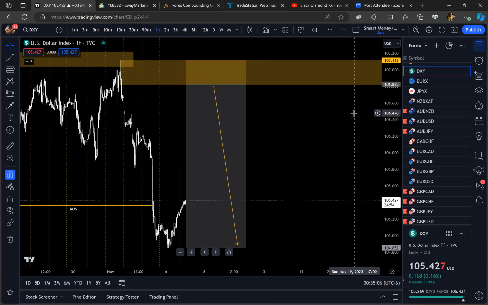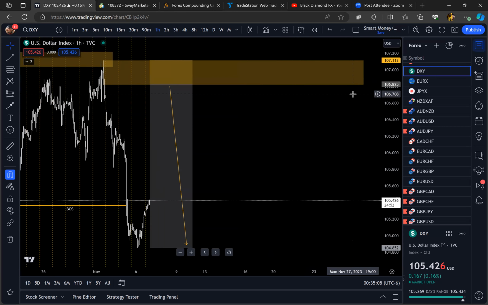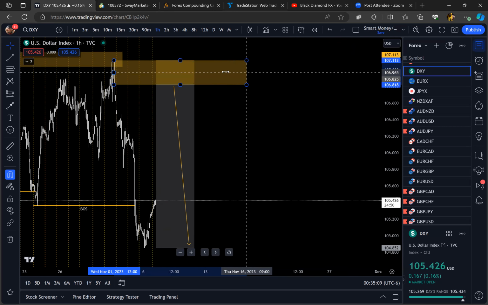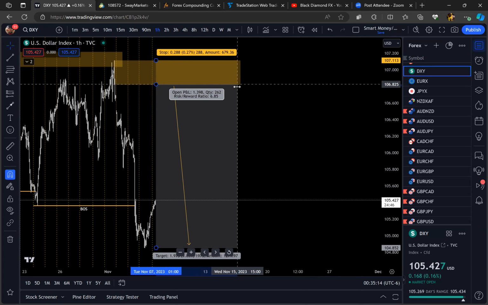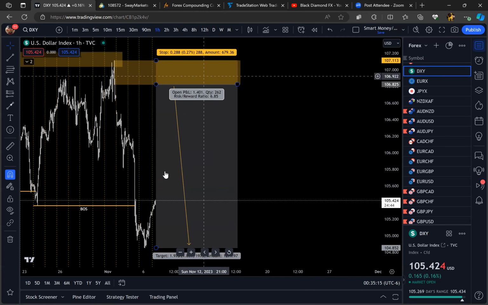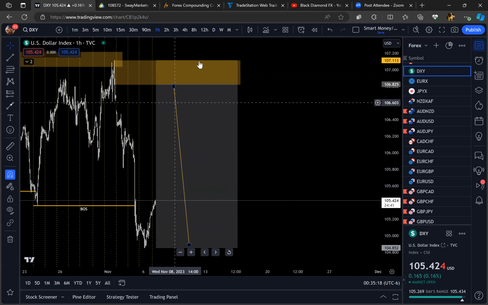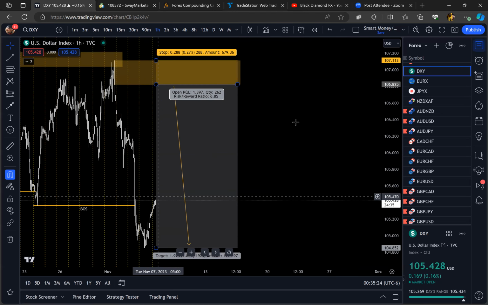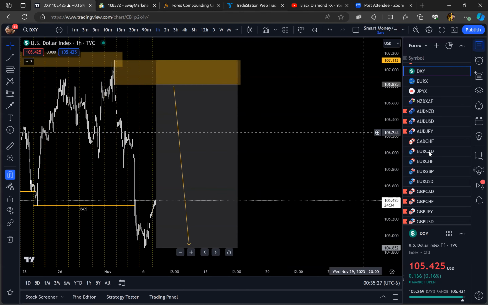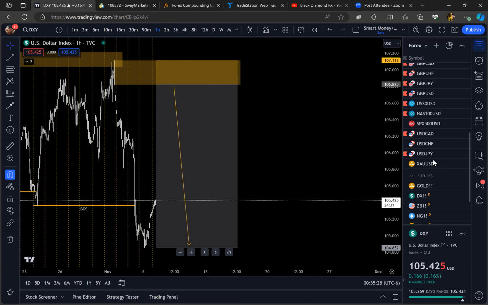So, like I said, I use the DXY to see what the dollar is doing. And the way I do that, let me stretch this over just a little bit. I think this might take some time to get back up, maybe around the end of the week. So the way I use the DXY dollar index, if the dollar index is going up, any pair